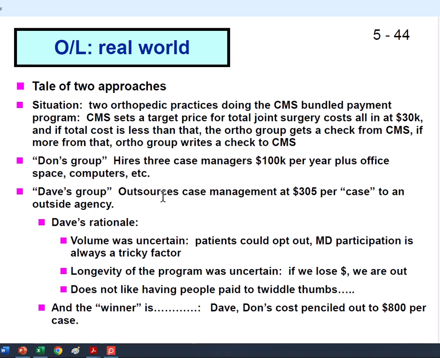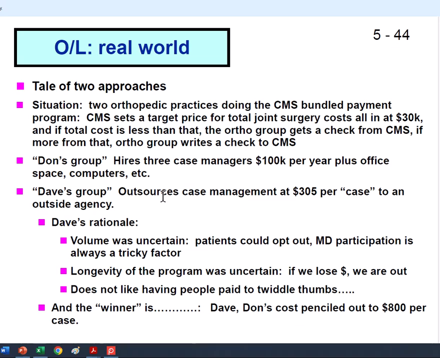It's a bundle payment program. In summary, Medicare set a target price for a joint replacement. Let's call it $30,000. If our surgeons managed the cost of care for less than that, CMS gave us a check less 2%